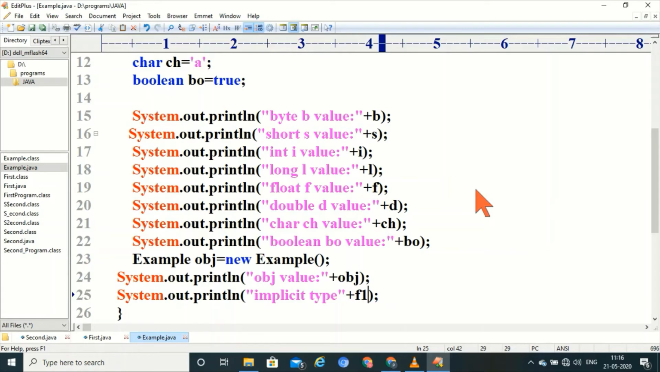Next, casting or explicit type conversion. Performing type conversion from highest range data type value to lowest range data type value by using cast operator is called explicit type conversion. It is also called narrowing and casting. Example for this is,